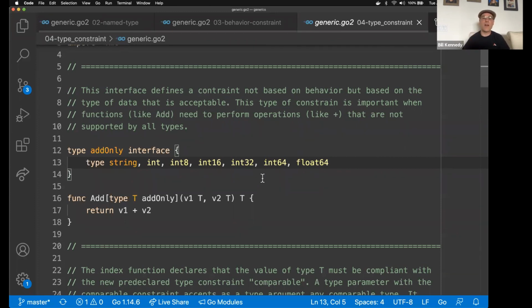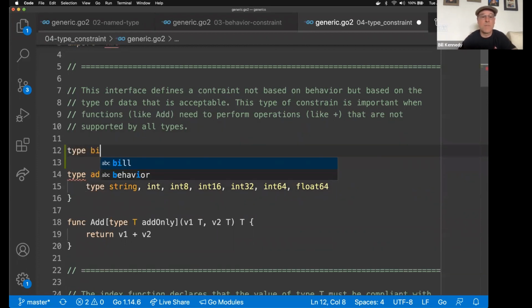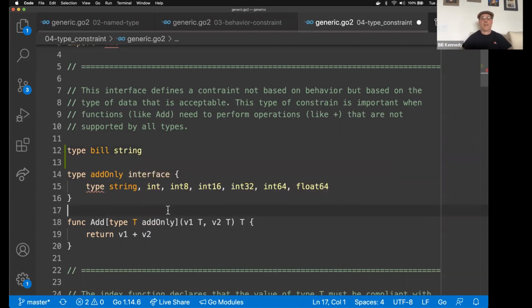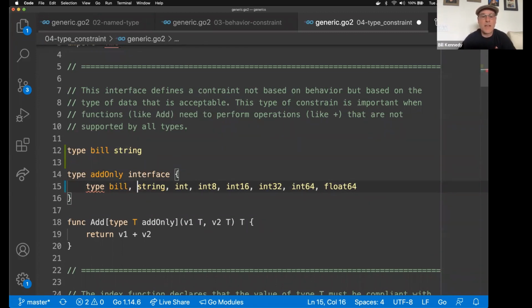Now, one thing I want you to be aware of is that Go can leverage the underlying type of things and still match against this list. So if I did a type named Bill, which was a string, well, I could still use Bill in this because string is the underlying type in a sense, right? So one of the nice things here is that when we're defining these type lists, we don't have to necessarily worry about being explicit down to say Bill. That string, in many cases, the underlying type, can be